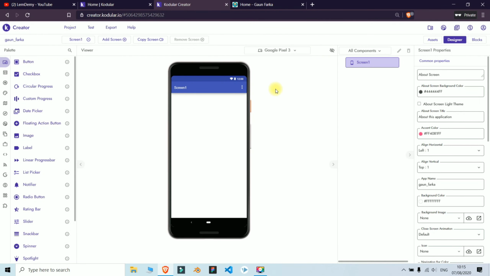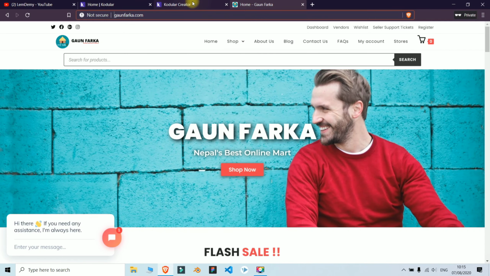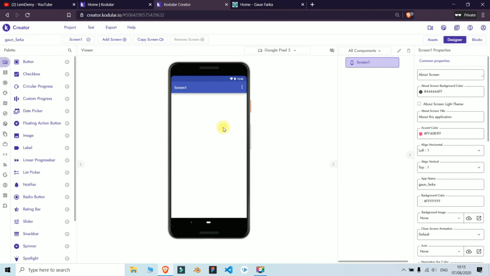You will reach this screen. This is the place where you will modify your app and make everything. This would be your first screen. I am going to make two screens. The first one will be the splash screen where the user will see the first preview of the app, and the second will be the web view of the app. This is the website of which I am going to make the app. We'll make the splash screen first.